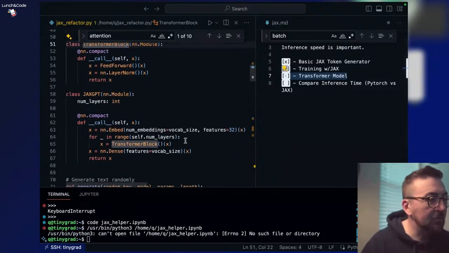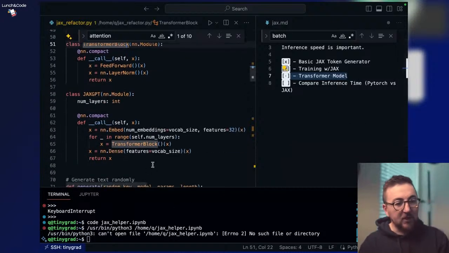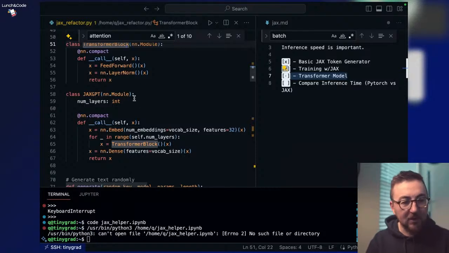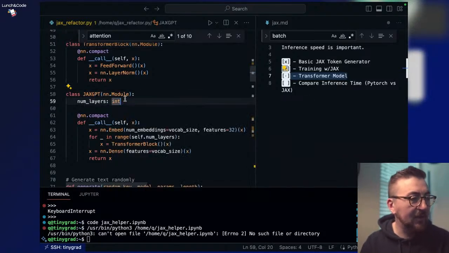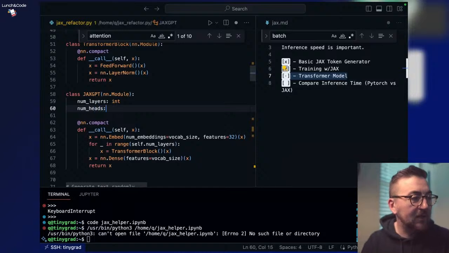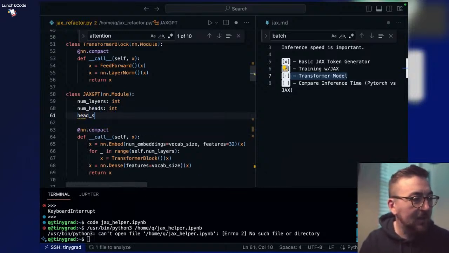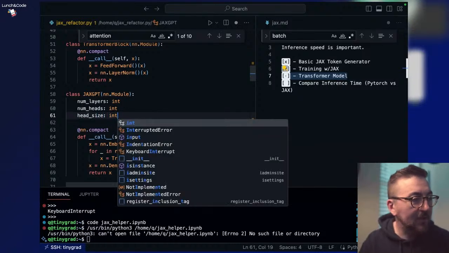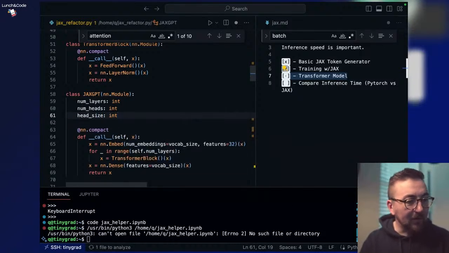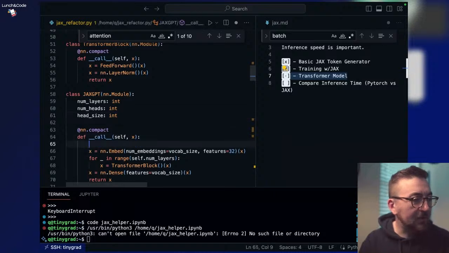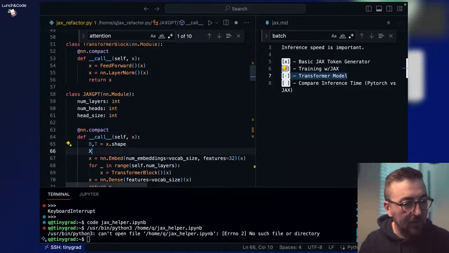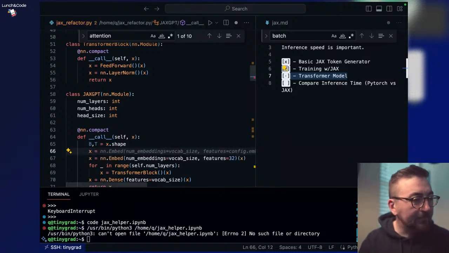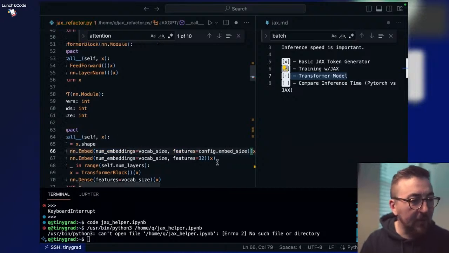Then we need to go back to the model itself and really make some changes here. So now we're going to work on the model. So we're going to say number of layers is int. We're then going to say number of heads is int. And then we're going to say head size is also an int. We have our call in here. We now want to make some changes. We're going to say BT is x.shape. x is equal to